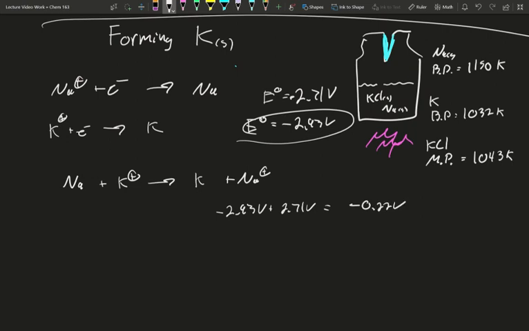That's non-spontaneous. Sodium does not want to give potassium its electron. But that's not a huge voltage difference, which means in the equilibrium, as all these ions are melted and bouncing around and bumping into each other, there is some small number of occasions that a sodium will transfer its electron